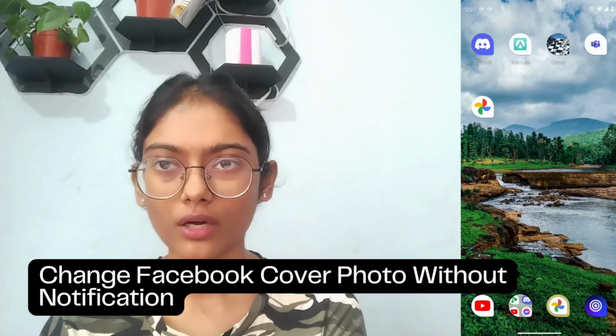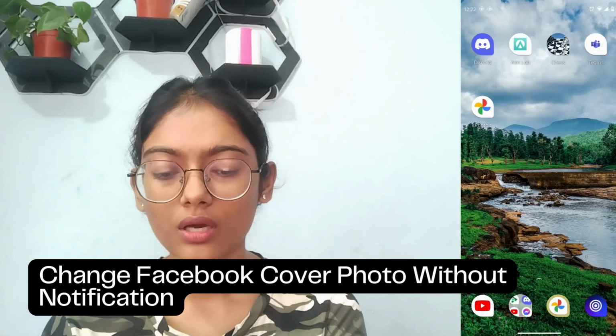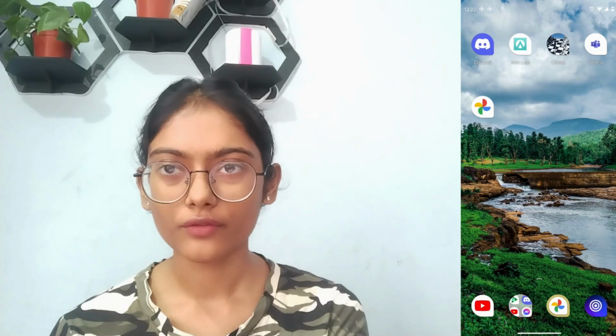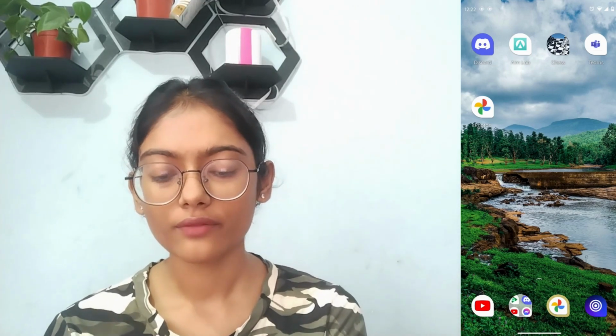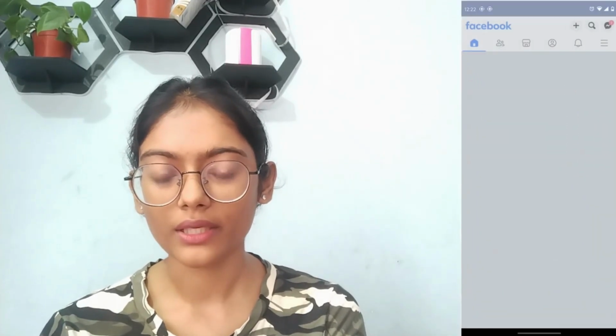How to change Facebook cover photo without notification. So if you want to change Facebook cover photo without notification, then first of all open up your Facebook application,